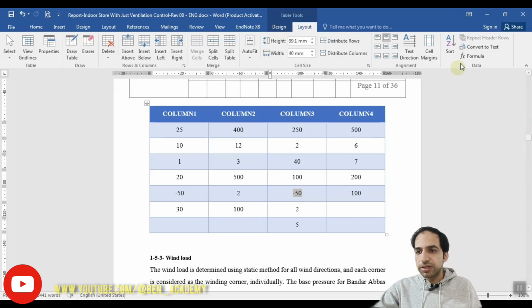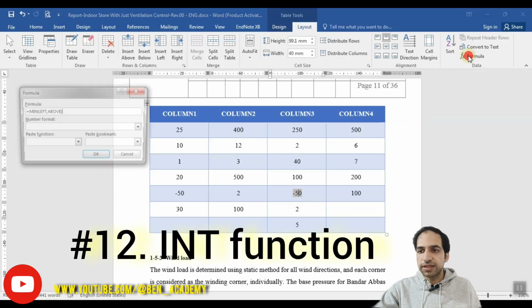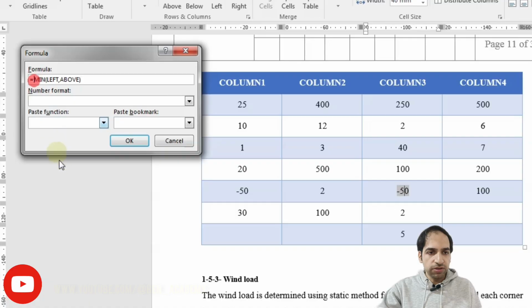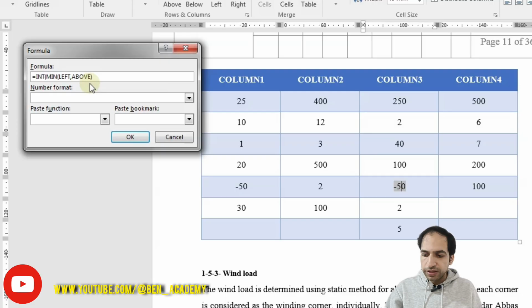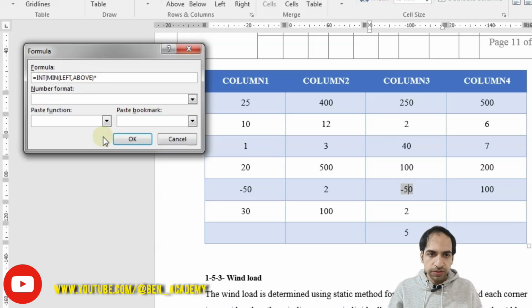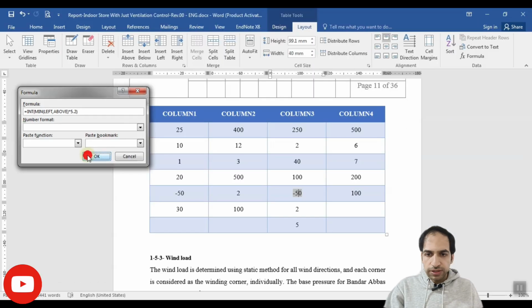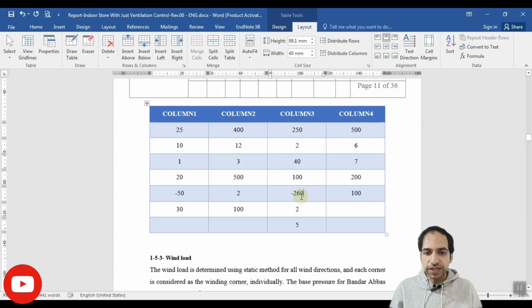Another function that can be useful is INT, that gives you the integer value. You can combine them, INT of minimum value of left and above cells times 5.2. Now you can see that it's an integer value. You can check by your own whether this formula is correct or not, but it's absolutely correct because it's